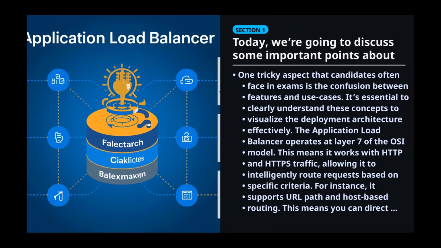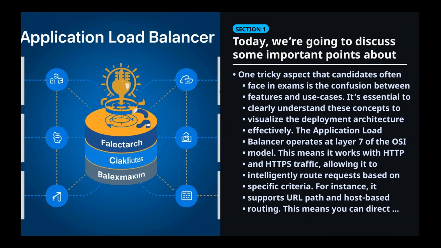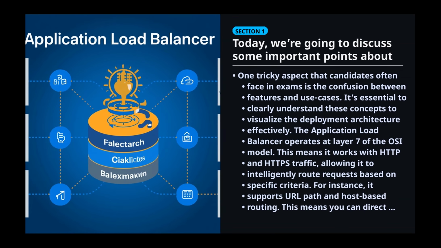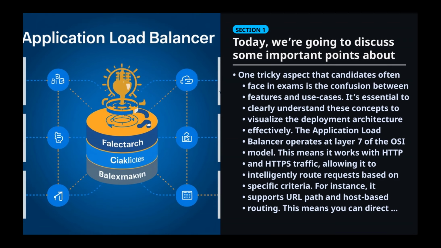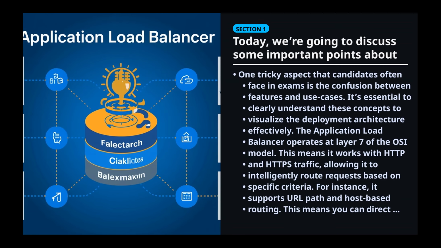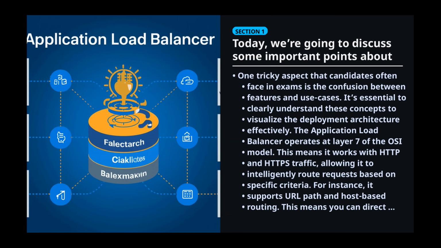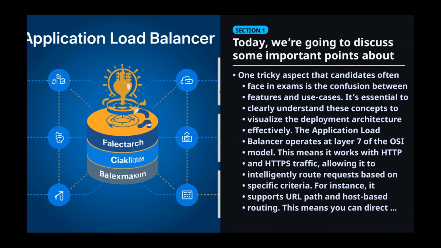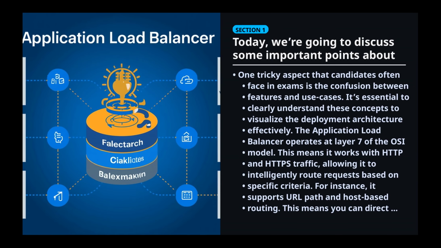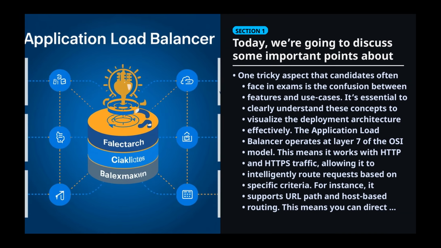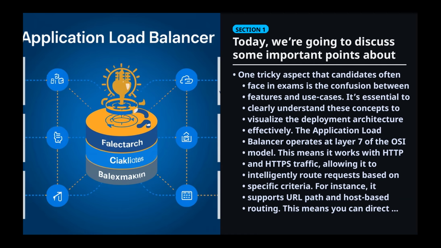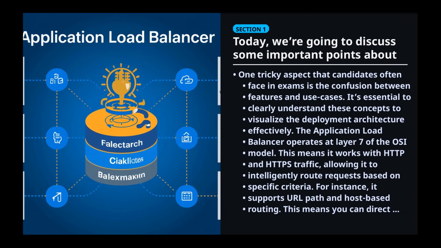This means you can direct traffic to different backend services depending on the URL path or the host name in the request. Think of it like a traffic cop at a busy intersection, directing cars to different roads based on their destination. This helps ensure that users reach the right service quickly and efficiently. In summary, understanding the role of the application load balancer and how it routes traffic is crucial for effective deployment